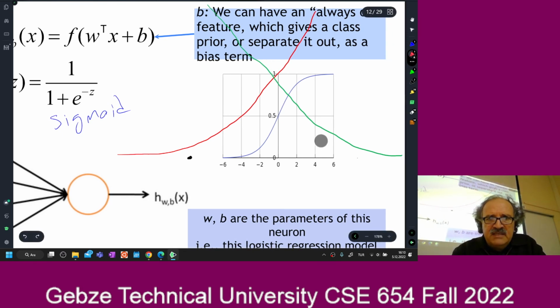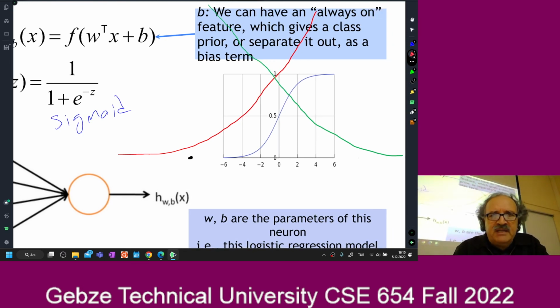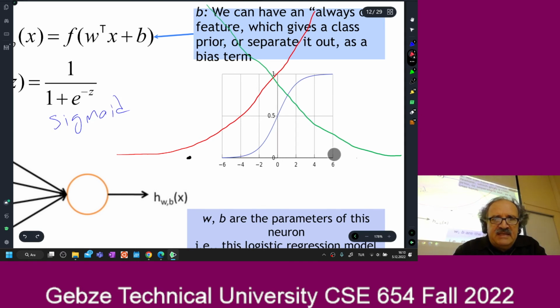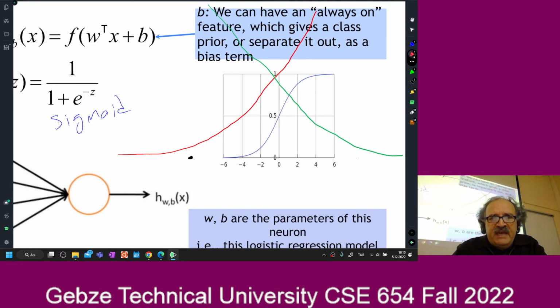The green one is function e to the minus x. This is e to the z. This is e to the minus z. If I add 1 to it and divide it by 1, you are going to get something like,